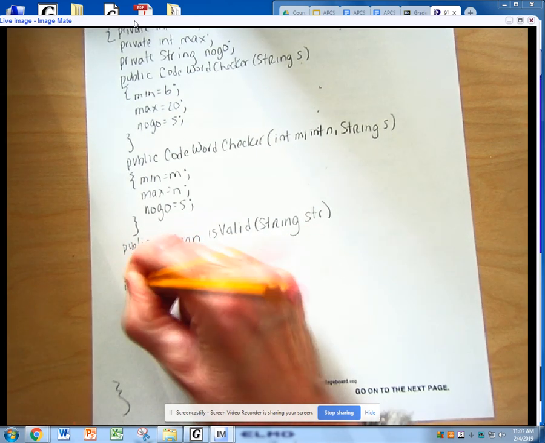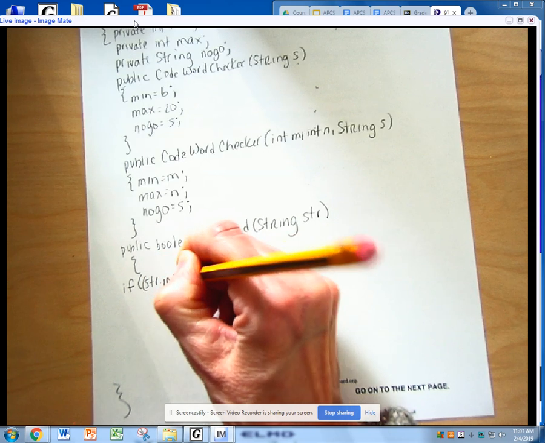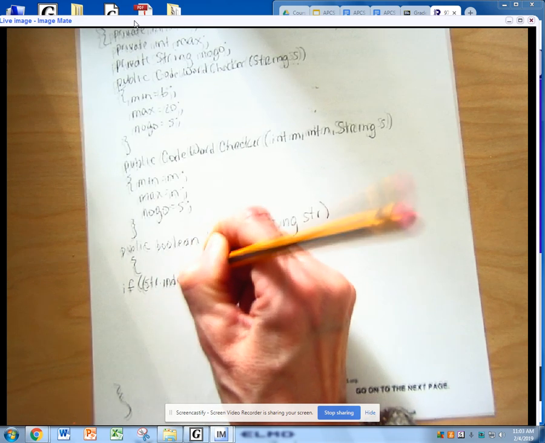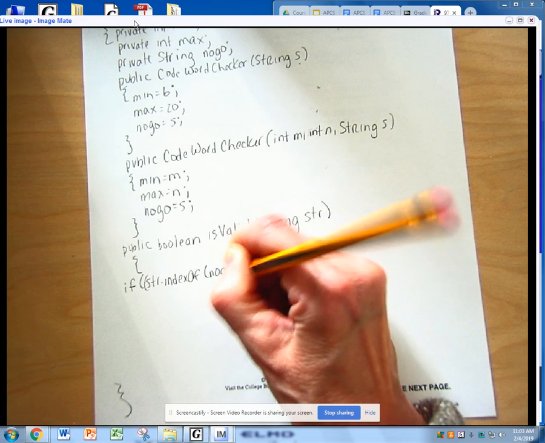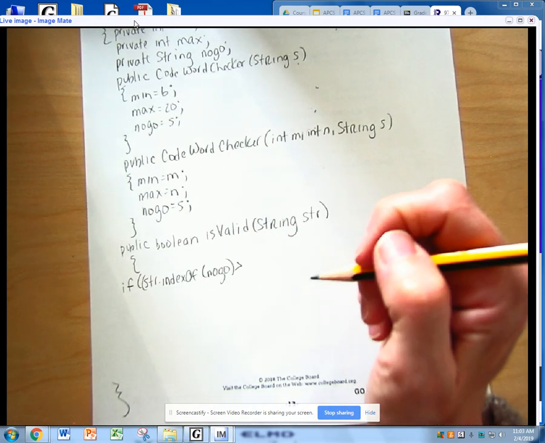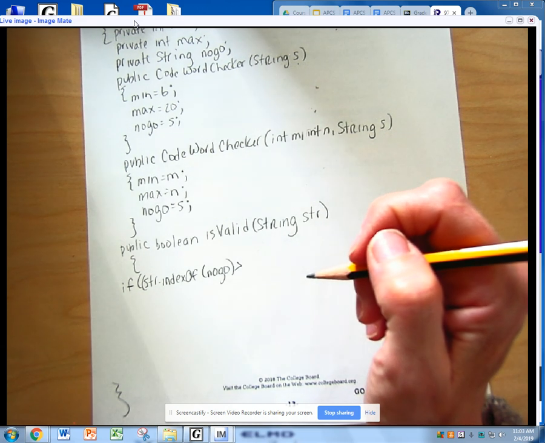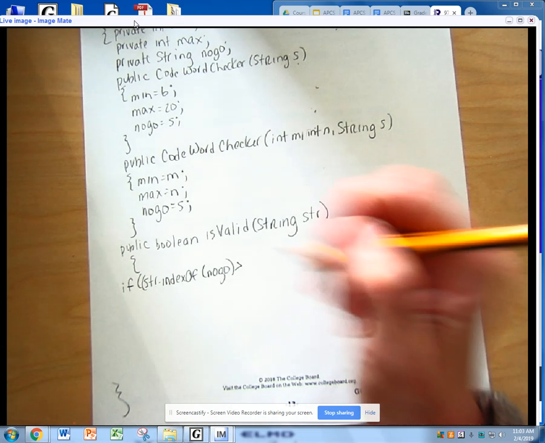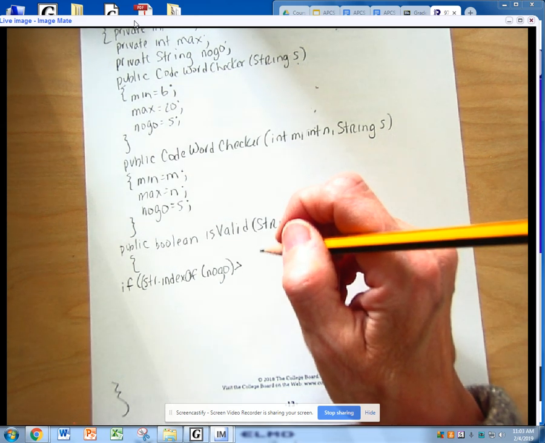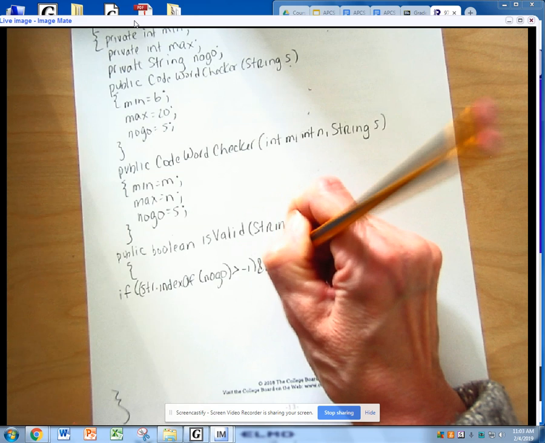We're going to say if str.indexOf(no-go), the string that we don't want, is greater than -1, and str.length